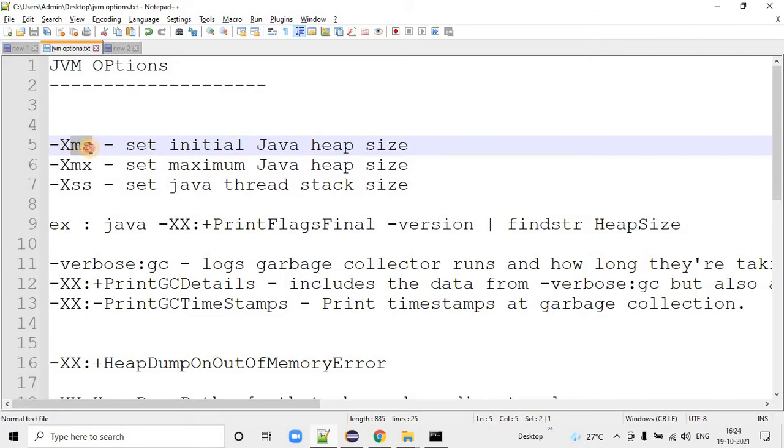Initial size is when you are starting it. Using this option, we can pass the value.